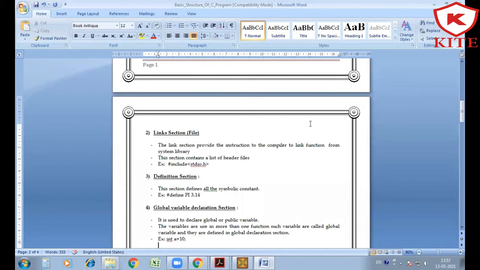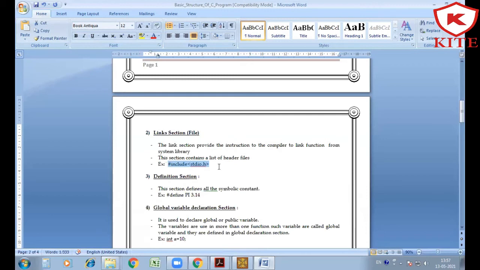The link section provides the instruction to the compiler to link functions from the system library. The basic example of the link section is #include stdio.h. The full form of stdio is standard input output header file. It provides functions like printf and scanf, which are used in our program.